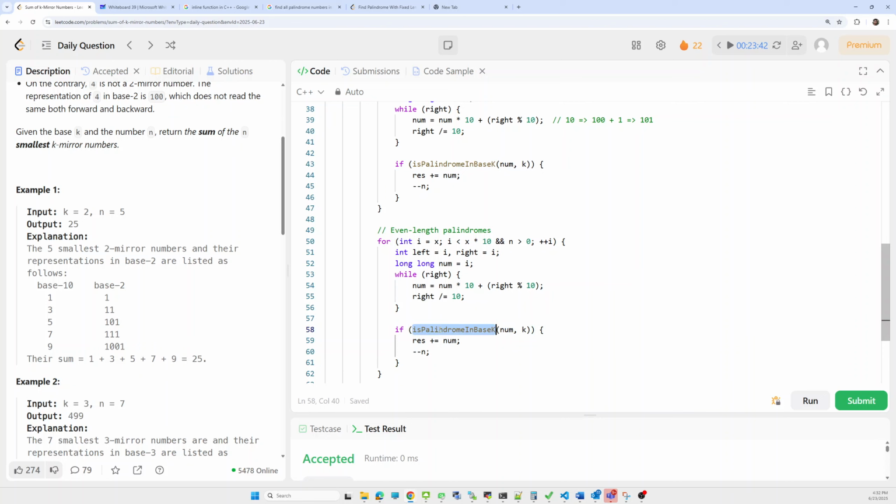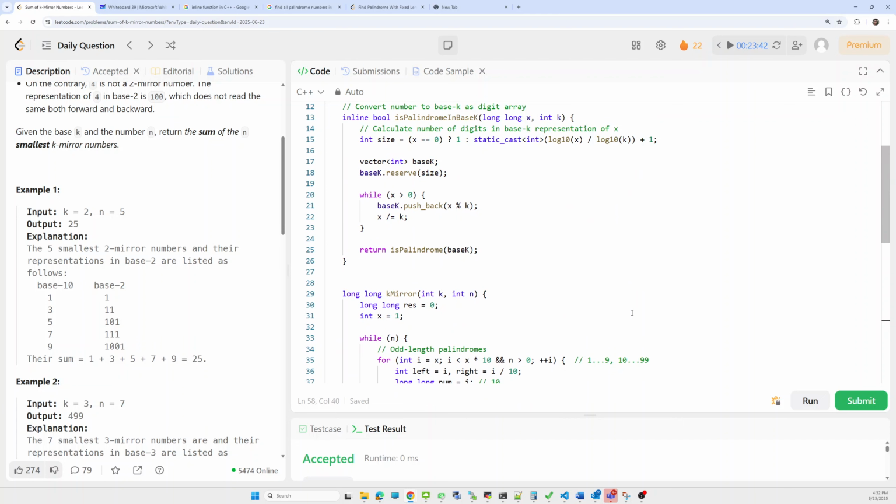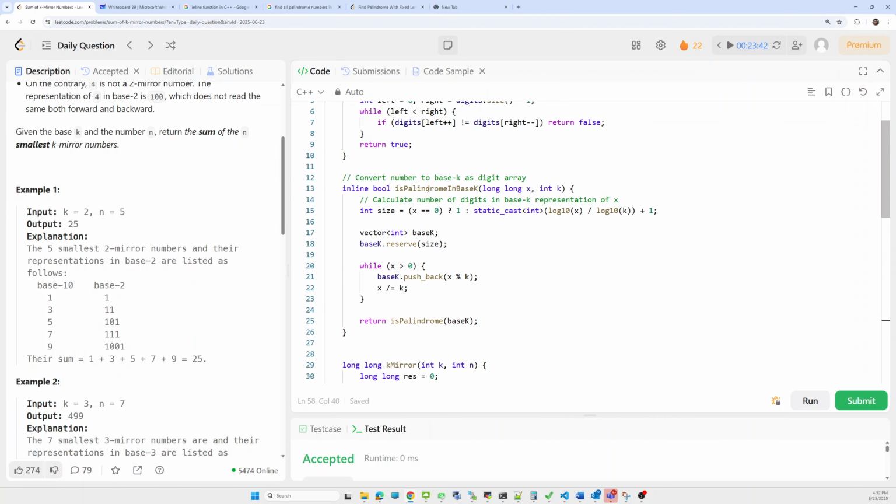Now how can we check whether the number is a palindrome in k base representation or not? First we have to convert the number x into base k. For that, first we'll calculate the number of digits in the base k representation of this number. We have to find log base k of x.